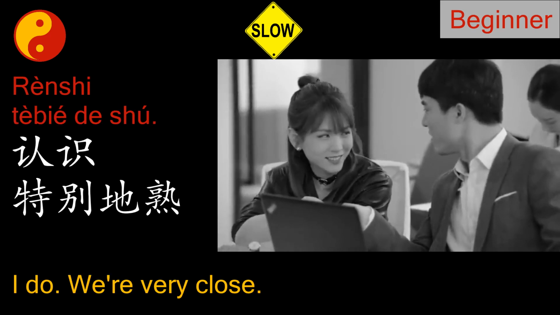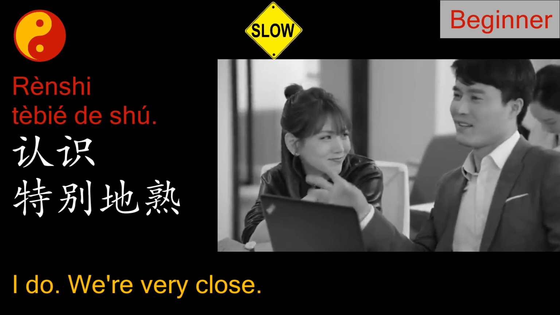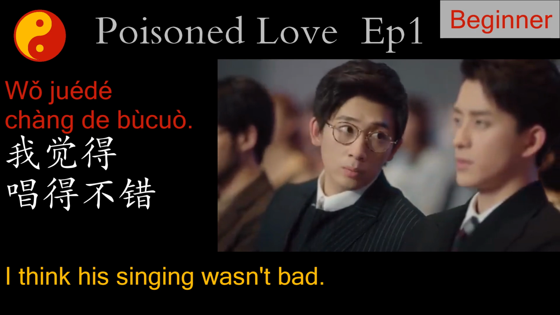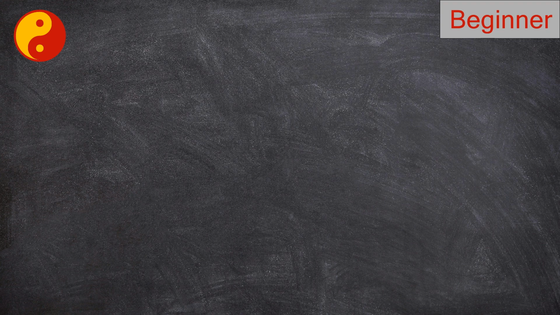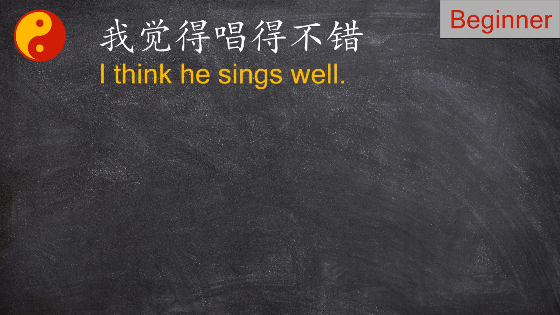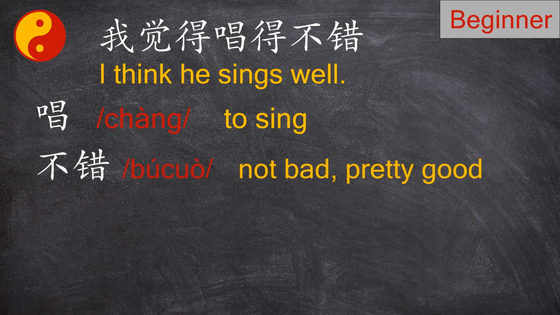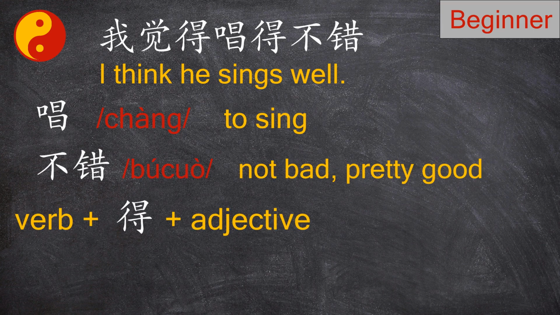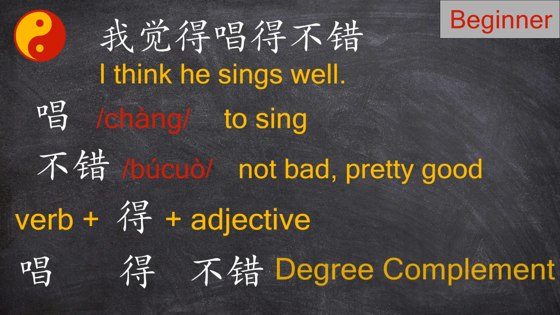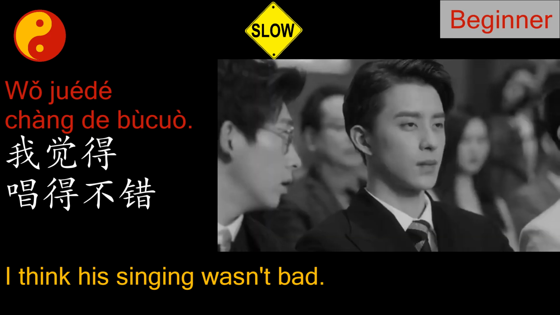认识，特别的熟。哦，挺好的，挺好的。我觉得唱得不错呀。词不好。我觉得唱得不错 I think he sings well. 唱 to sing. 不错 not bad, pretty good. The structure we've got is verb plus 得 plus adjective. This structure describes how a verb happens. For example, 唱得不错. This structure is called degree complement. 我觉得唱得不错呀。词不好。